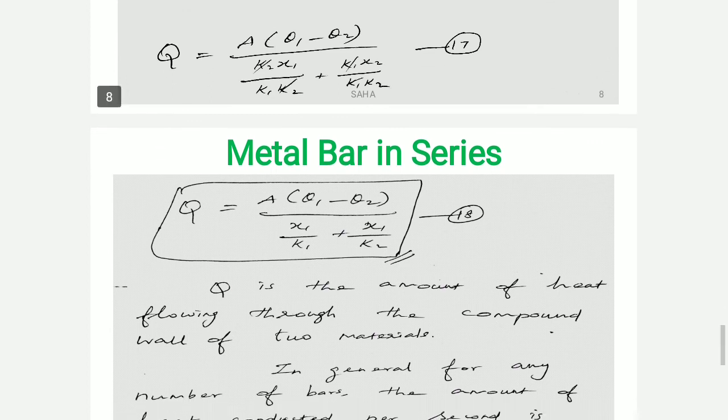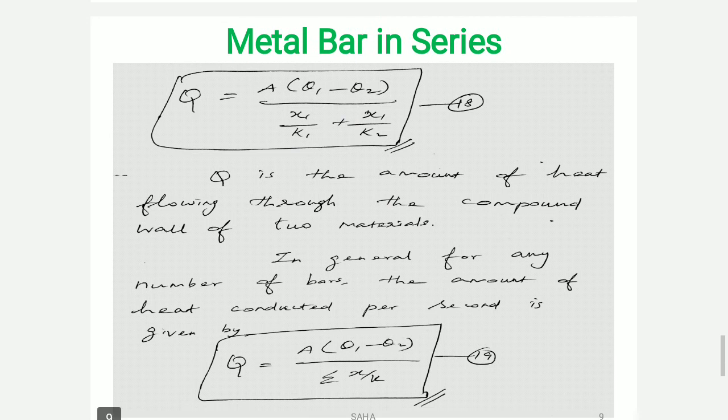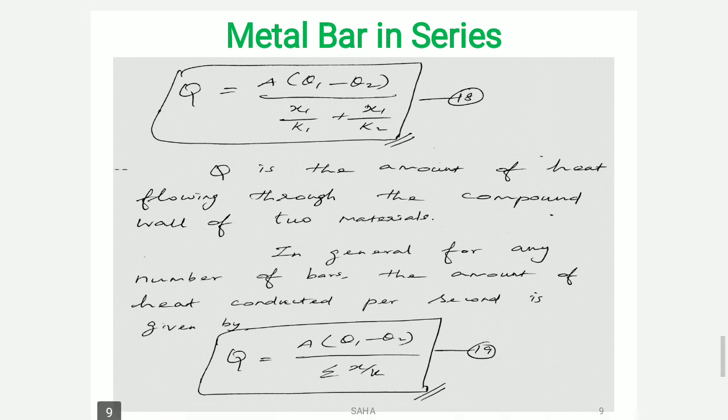So here Q is the amount of heat energy flowing through the compound wall of the two materials. In general, for any number of bars, the amount of heat conduction per second is given by, so generally we can write, Q is equal to A into theta 1 minus theta 2 divided by summation of x by k. So equation number 18 is correct, and equation number 19 is the general equation for metal bars in